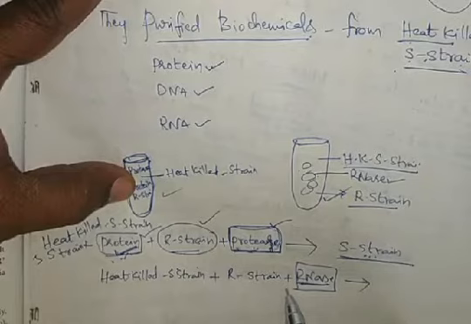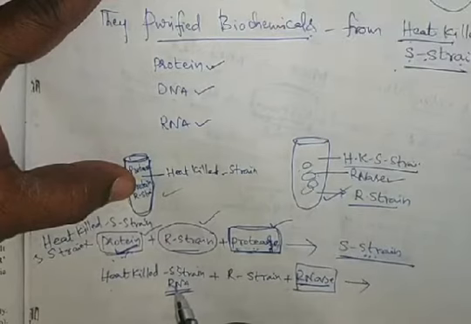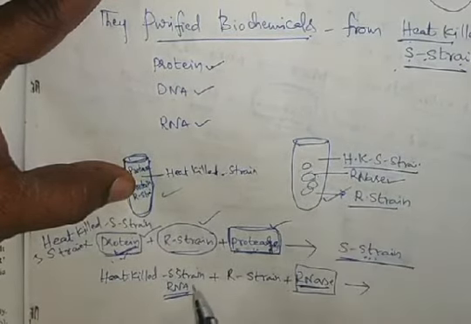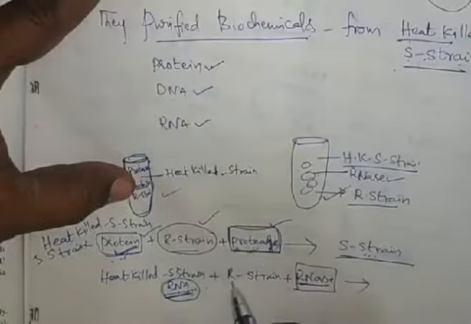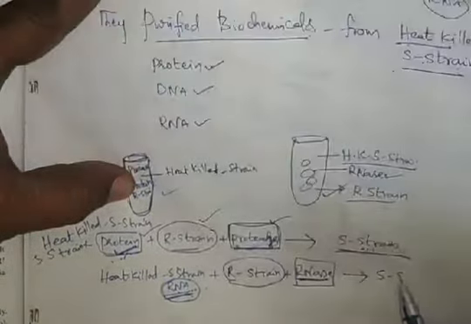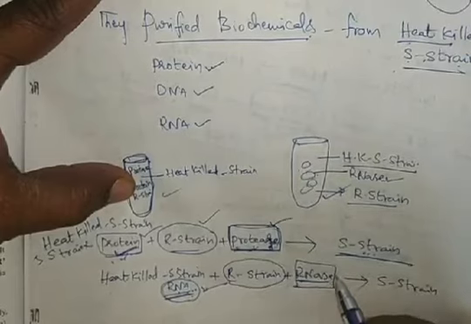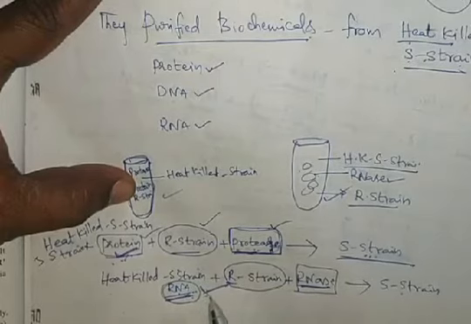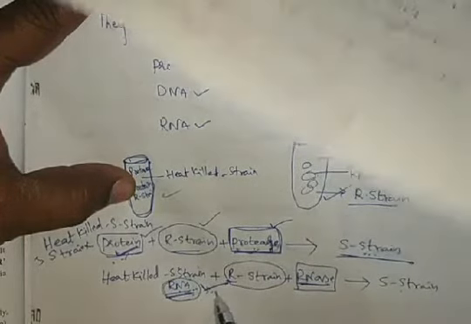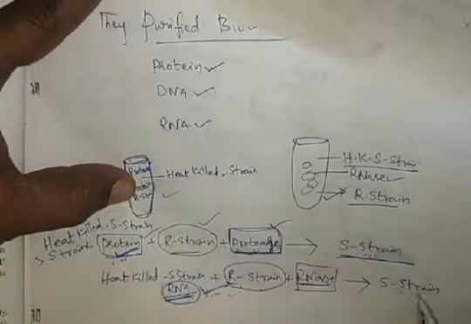the RNase kills, or degrades, the RNA of the S strain. Because of that, RNA is degraded. Even so, the R strain is converted into S strain. That means RNA is not involved in the transforming principle. So RNA is not a transforming material. RNA is not the genetic material involved in the transformation of R strain into S strain.